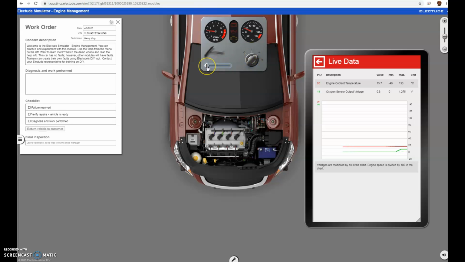And we want to operate the engine at an accelerated idle. Somewhere around 2000 RPM should be fine to warm up the engine. And we're going to operate the vehicle like this for a couple of minutes. Now that the engine is warm,